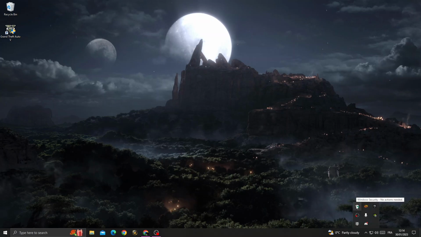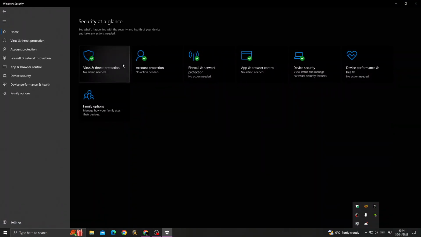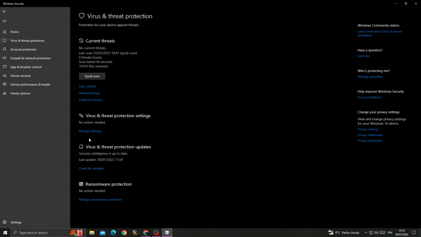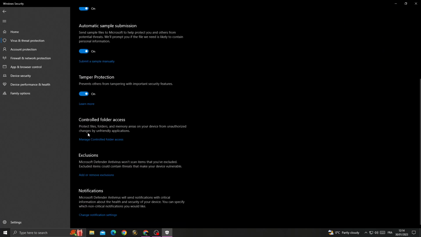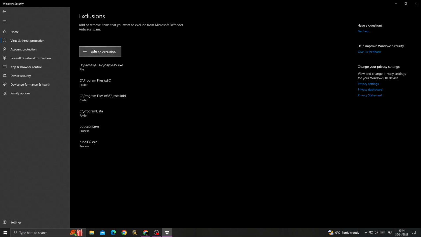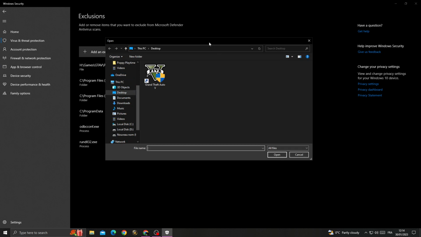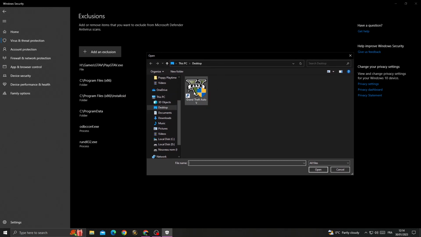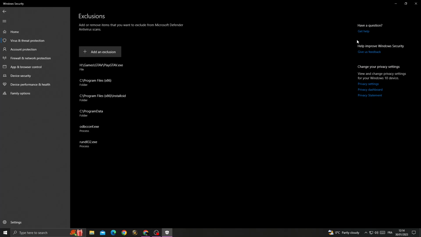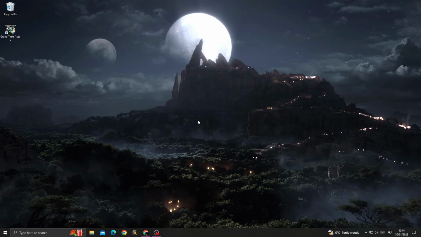Go to Windows Security, click Virus & threat protection, and then Manage settings, scroll down until you find Exclusions. Now click Add or remove exclusions and then Yes, and now click Add and File. Now all you need to do is find the GTA 5 application location, click on it and click Open. Now just go back and your problem must be